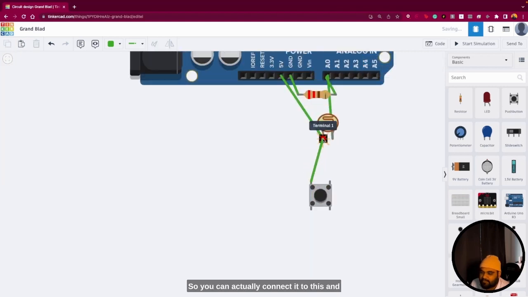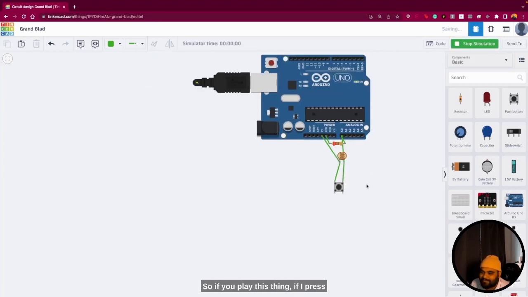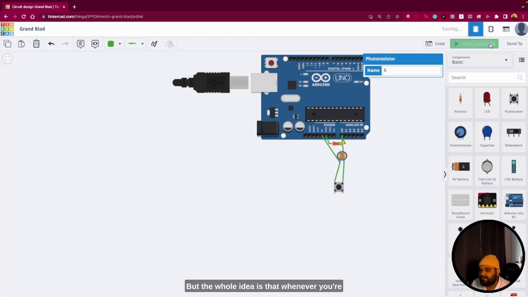So you can actually connect it to this, and you can connect it to this as well. Okay, so you would have a switch and also a sensor. If you play this, if I press the button, you would also get the same result as if you get this as well. But the whole idea is that whenever you're adding or making a sensing system, it's equally very important